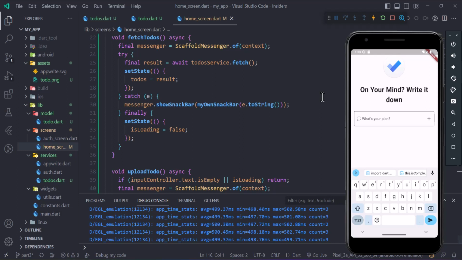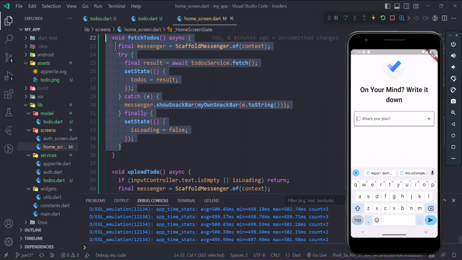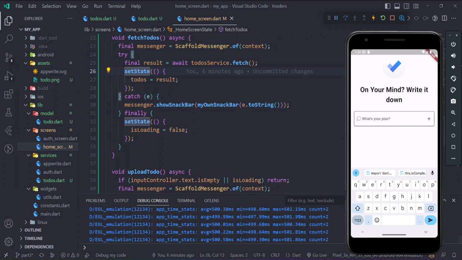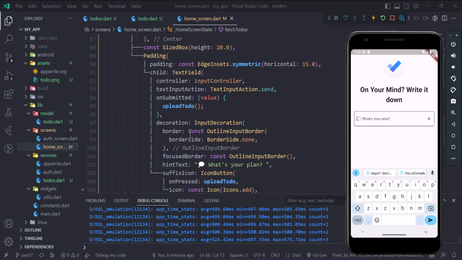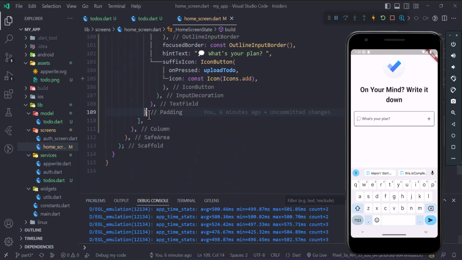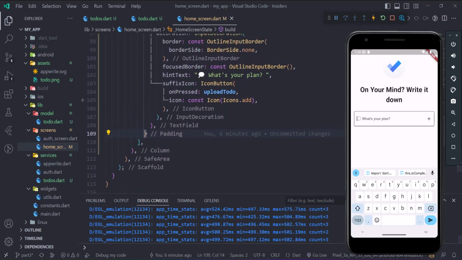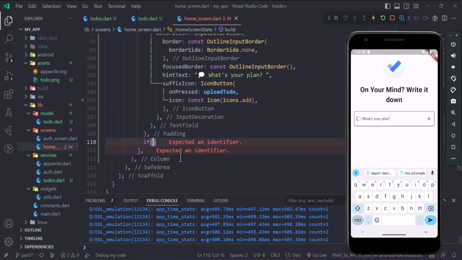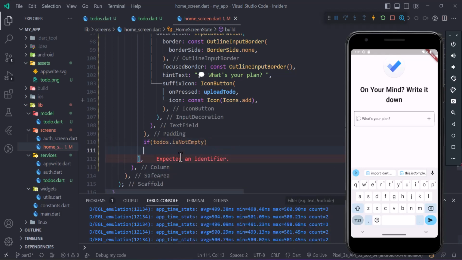Now we need to fetch our documents from our database. This is a function which we have created to fetch to-dos, right? Now we would just simply display all the to-dos present in our database on your screen. That's a fairly simple task. What you can do is, in your text field, you just need to check if to-dos dot is not empty. If it's not empty,